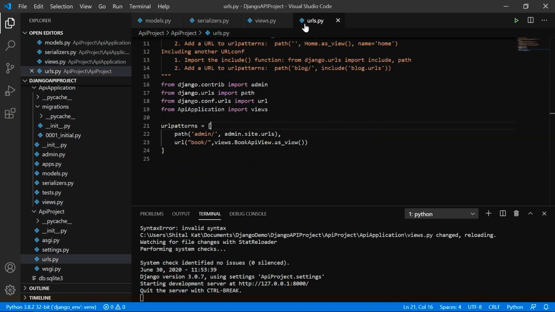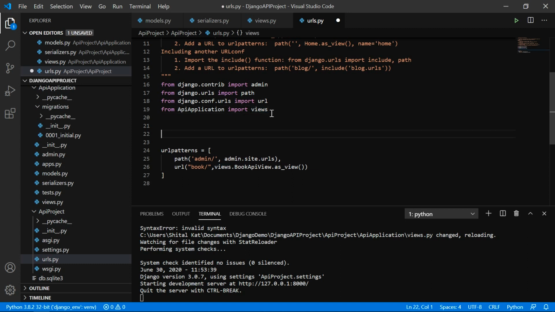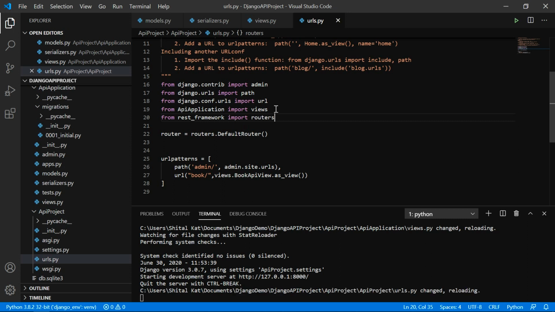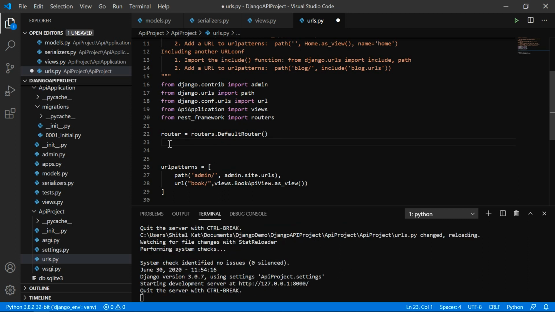In url.py, we will create a router object and will register student URL and class in it.